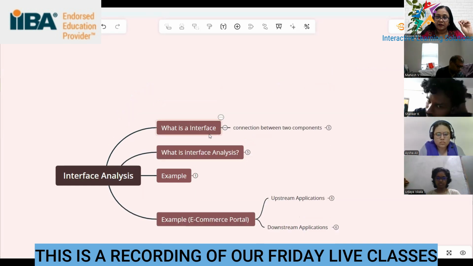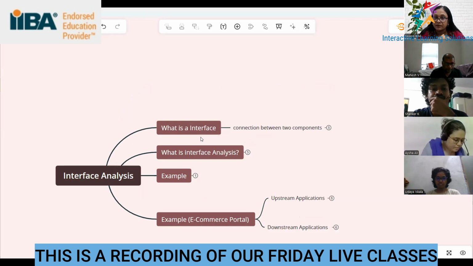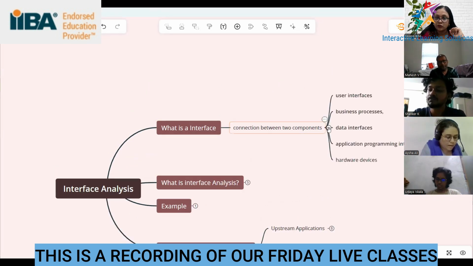Let's look at that. An interface is defined as a connection between two components. A very simple way to understand it, if somebody asks you what an interface is: a connection between two components. Now, what are these two components that we are talking about? Take a look at that. These two components